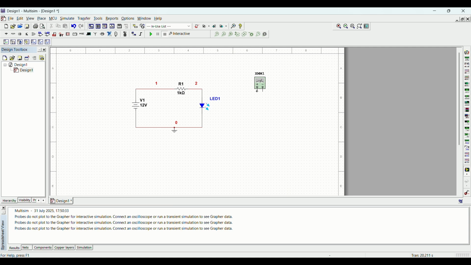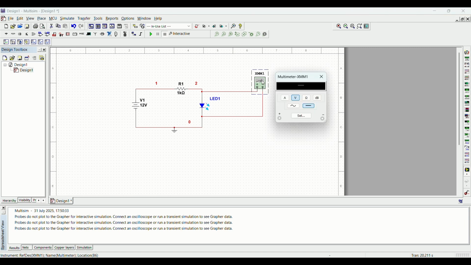Place it in our workspace and connect the positive terminal of the multimeter to the positive terminal of the diode and the negative terminal of the multimeter to the negative terminal of the diode. As we know, to measure voltage, we have to connect the voltmeter in parallel.